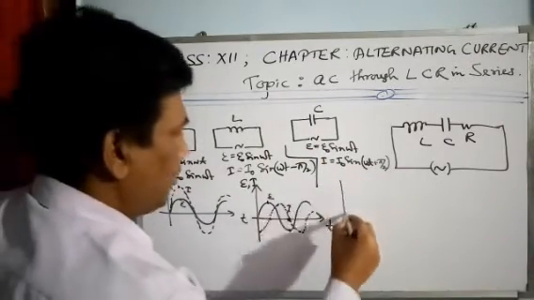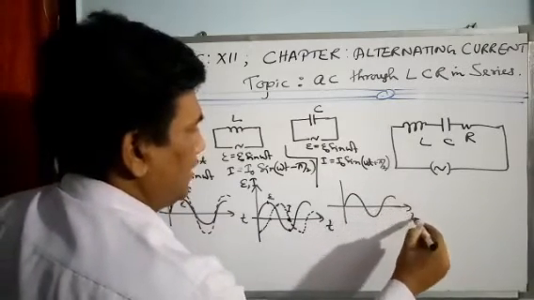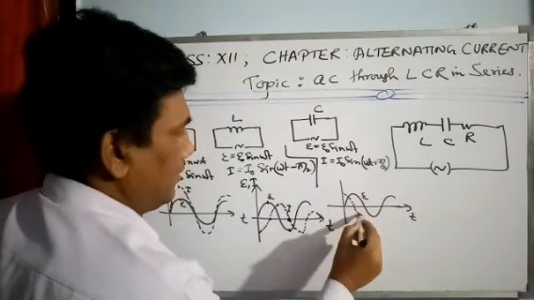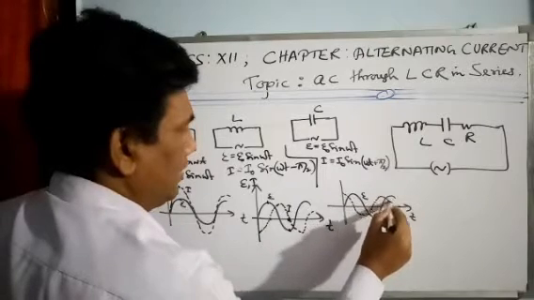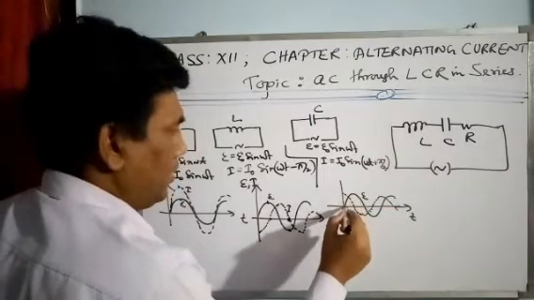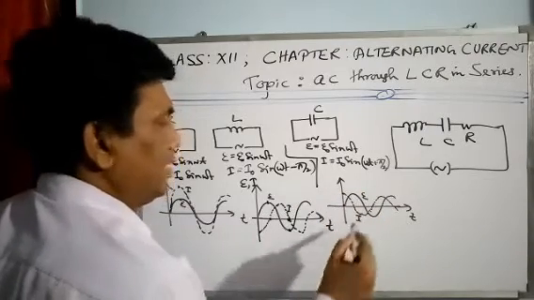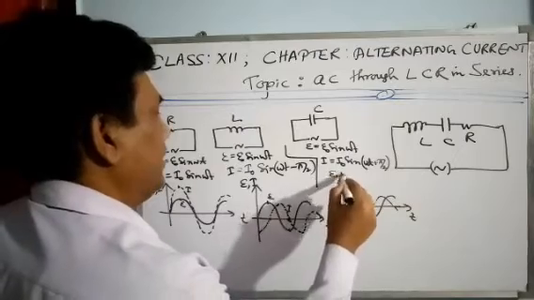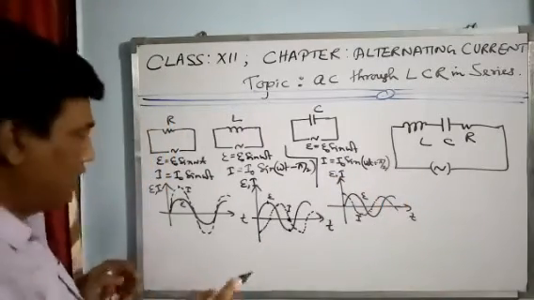So if I want to draw the graph here, if it represents voltage, so this is voltage, so this will represent current, like this. Okay, you see, when voltage is 0, current is maximum, na? Like that. The dotted line is current, the shaded line is voltage, EMF. Okay. This and if I want to draw the phasor diagram, na?